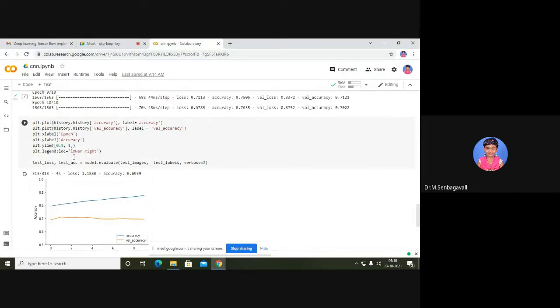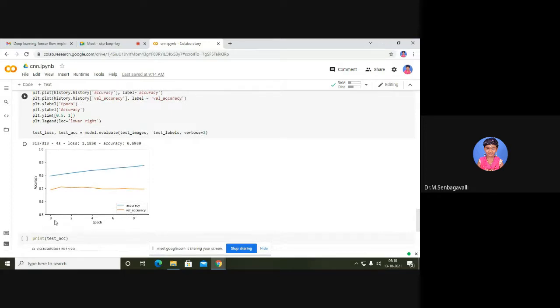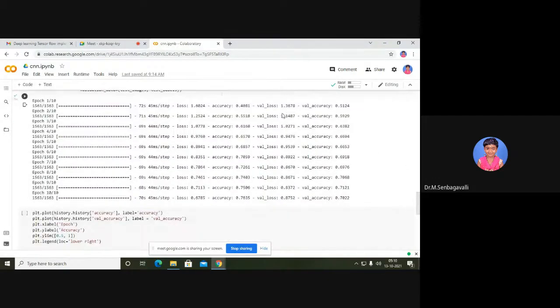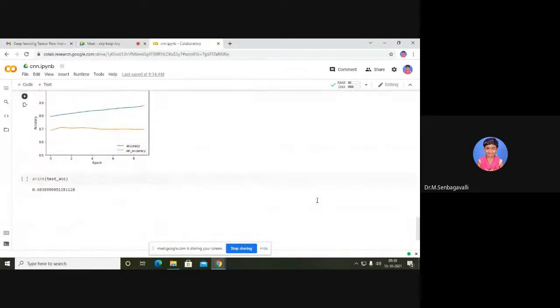And apart from that, in this particular graph, the x axis is purely for epoch specification, the y axis purely accuracy specification. If epoch is increasing, by default accuracy rate is also increasing. You see the accuracy rate from the beginning, and finally what the accuracy may be. You see accuracy started at 0.4, it has reached 0.7. Value accuracy you see 0.5, and accuracy at last in the 10th pass is reaching 0.7. Like that you can go with that. So this is the thing.